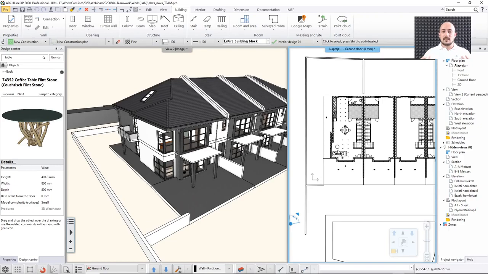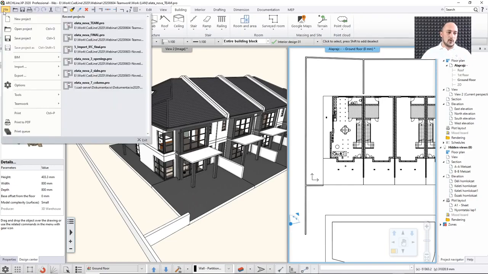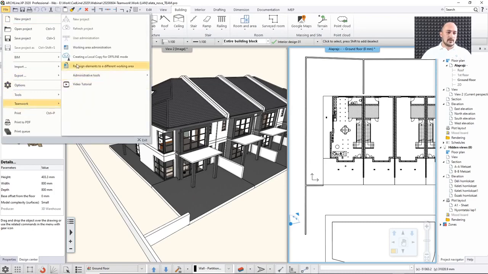So this is a concept that needs something that we call the going offline option,